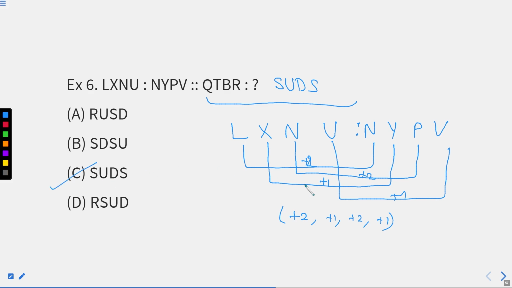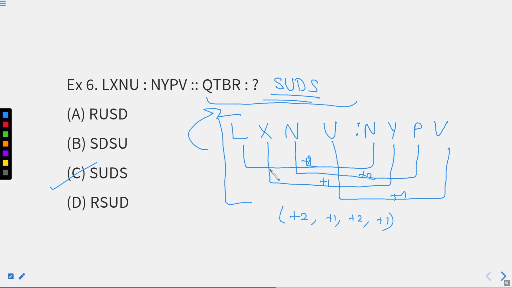I hope you are able to identify the relation that we have discussed just now, right? I hope this question is clear to everyone, right? Now, what exactly are we doing here? First, we are rewriting the question figure or the question statement that is given, and we are trying to figure out the relation between them. As soon as we are able to derive the relation between them, we'll follow the same in the question figure, right? And as soon as we implement it, we'll get close to our answer. I hope this part is also clear, right?